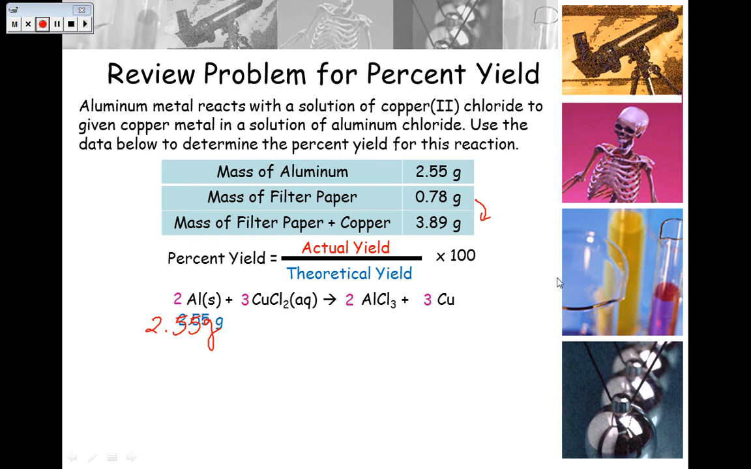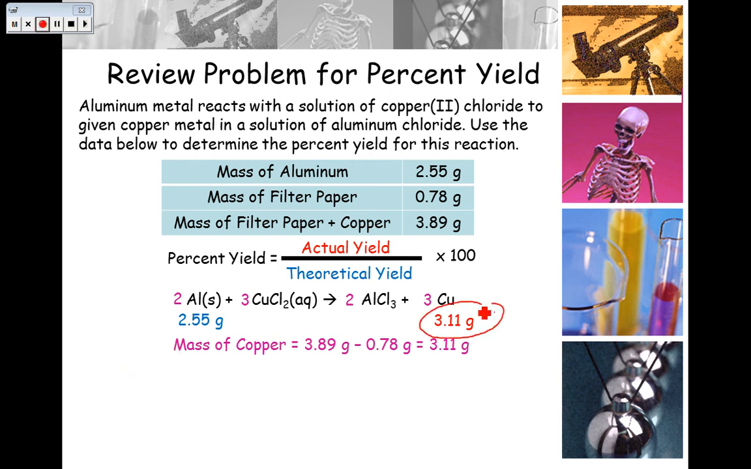So here it is, 2.55 grams is what we said aluminum is. And then copper, when you subtract out the mass of filter paper and copper with the filter paper, you just get the mass of copper, which is 3.11. So I'm going to go ahead and put that under this, saying that I'm trying to find this aluminum and how much that's going to produce the copper of. This 3.11, raise your hand if you think that this is an actual yield. Raise your hand if you think this is a theoretical yield. Okay, so